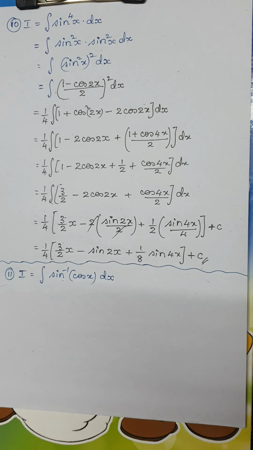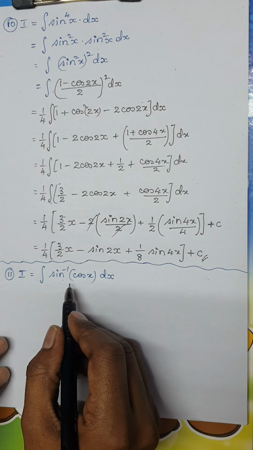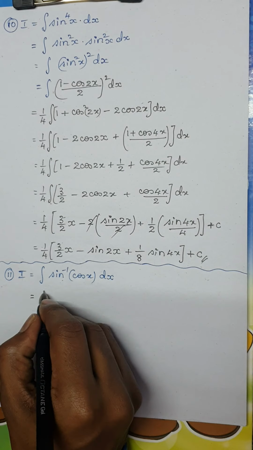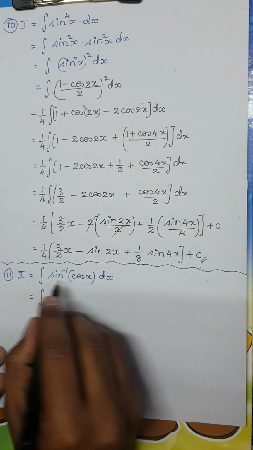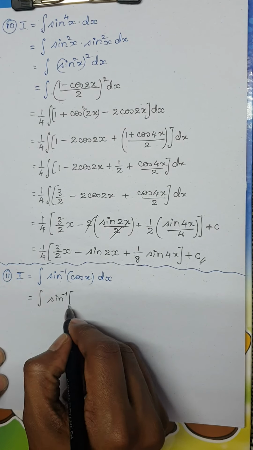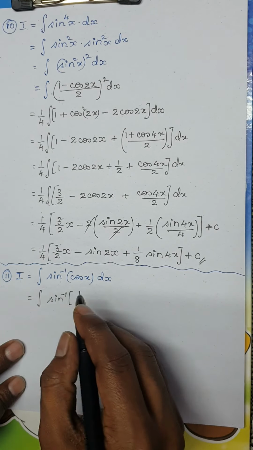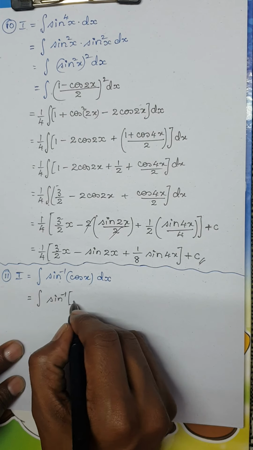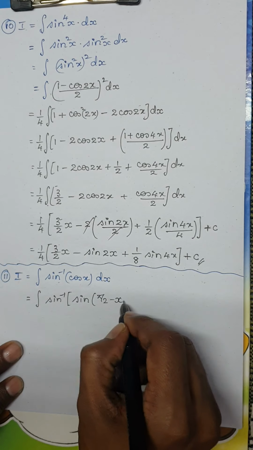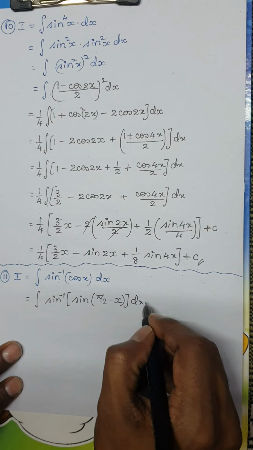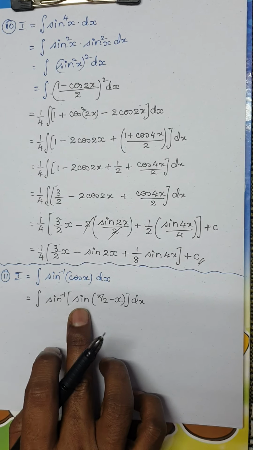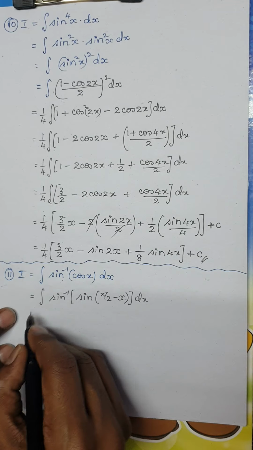Moving on to the next integral, I have the integral of sin inverse cos x dx. This is one peculiar question, a very simple one, that might be asked in your CET. Now see how I'm going to change this. I'm going to write it as sin inverse of, I'm going to convert this cos in terms of sin by using the result we know. Cos theta can be written as sin of 90 minus theta. Theta is x here, and dx. We know sin of 90 minus theta is cos theta, so sin of 90 minus x is cos x. I have written it as it is.